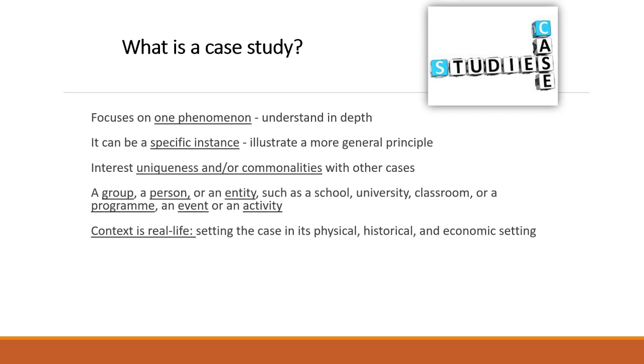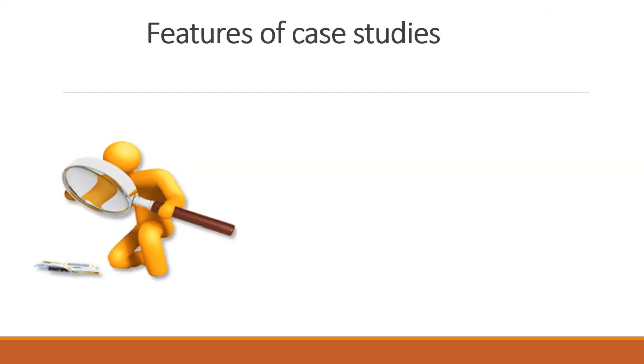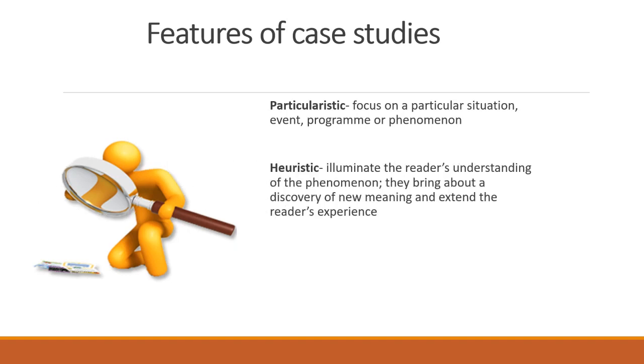And the context also is real life. So in a school, what is it that's happening there? In that classroom, what is it that's happening there? And it can be something that's physical, something that's historical, or it could be an economic setting. What is it that we can learn about how other countries that were very poor managed to shift things around, and now they are competing with the so-called first world classes? You look at China, for example, what is it that happened that made other countries change their trajectory? So you could be looking at a particular phenomenon. And as I said, it's something very particular that you would be looking at.